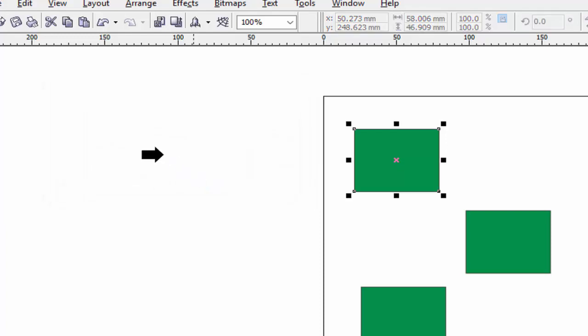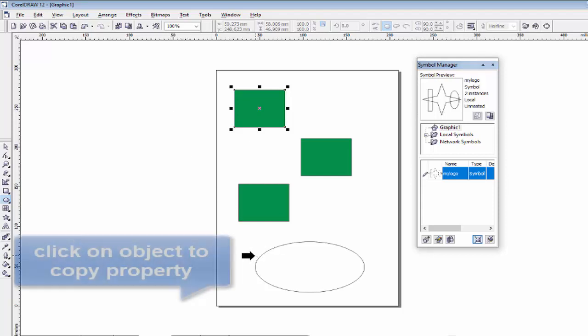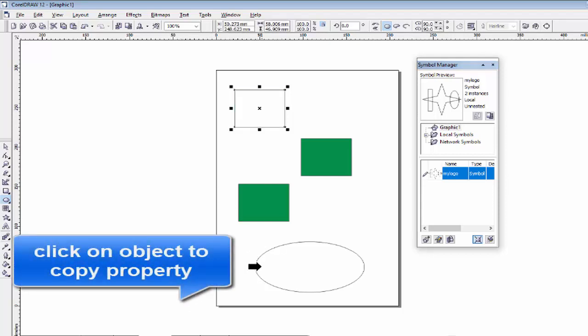An arrow will be created on your screen, and you apply this arrow on this circle.